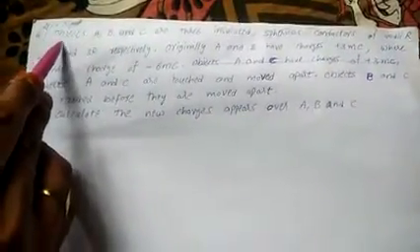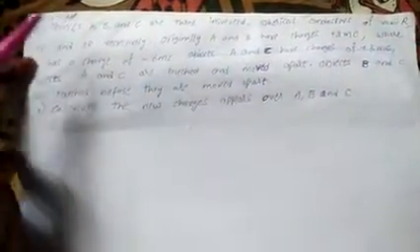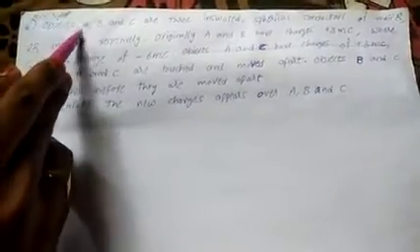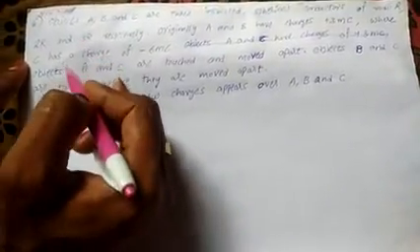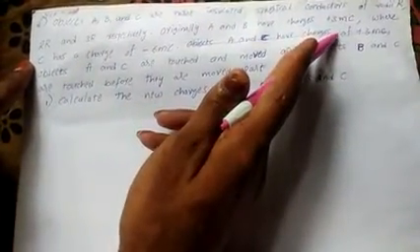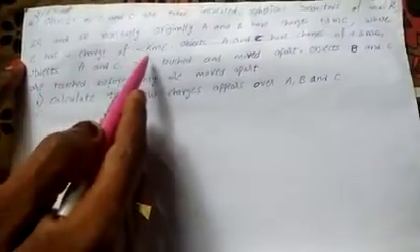Objects A, B and C are three insulated spherical conductors of radii r. They told us that we have three objects, A, B and C, three insulated spherical conductors having radii r, 2r and 3r. Originally A and B have charges of plus 3 millicoulomb each, whereas C has a charge of minus 6 millicoulomb.